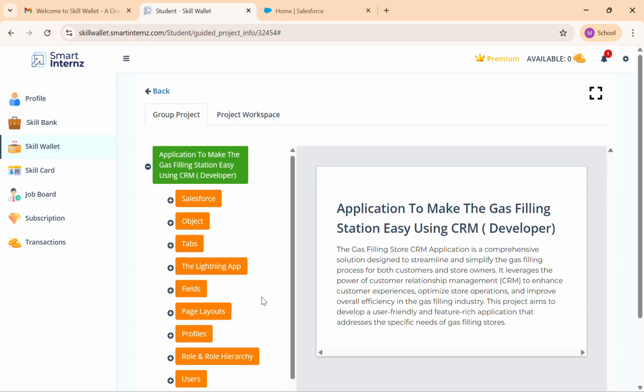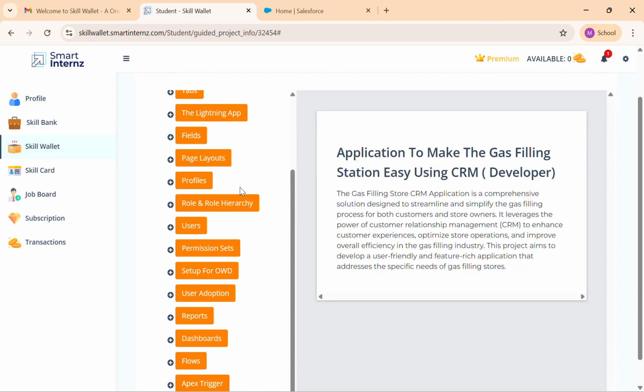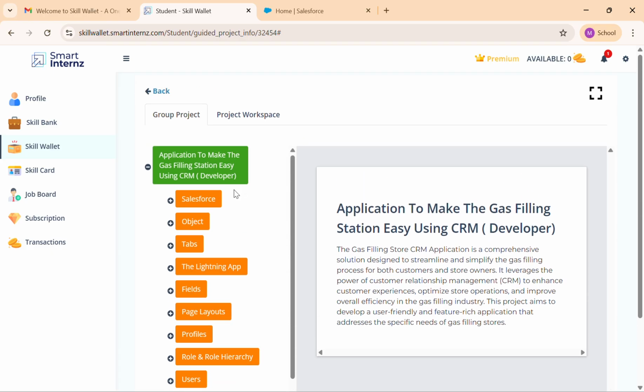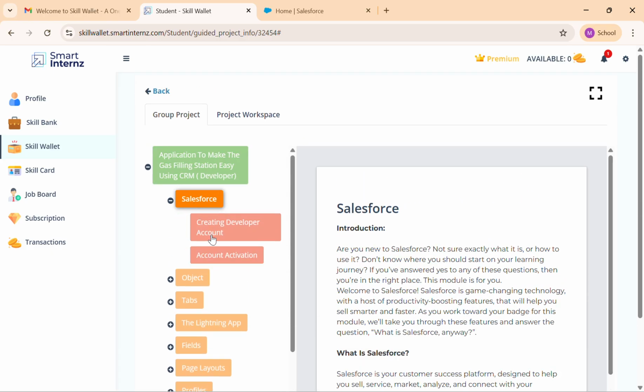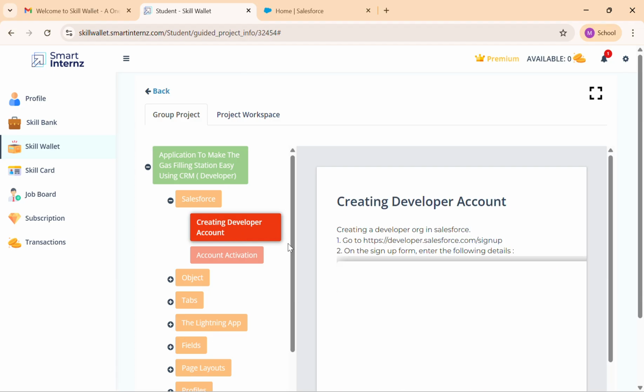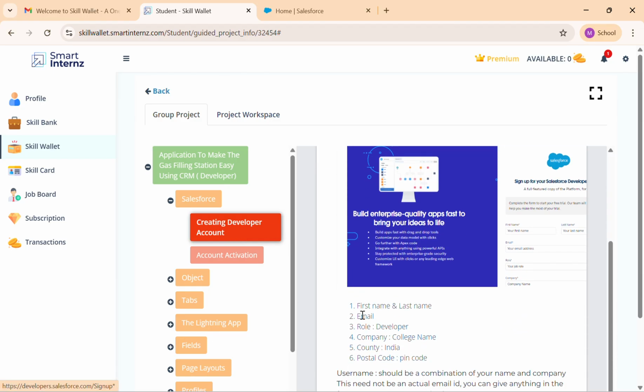Here you can see the application to make the gas filling station using CRM. These are the modules we need to do. First module is to create a developer account. See, this is the developer account. For this, we need to go to the